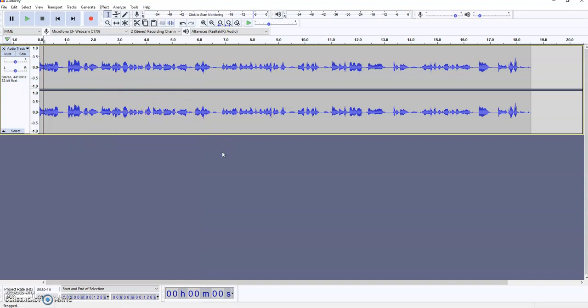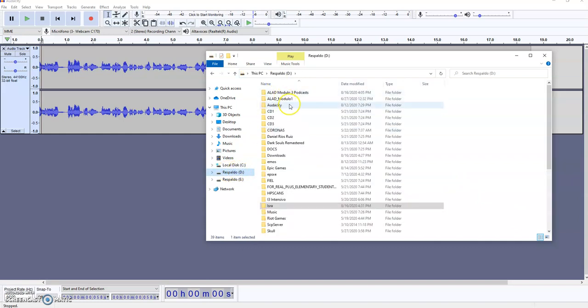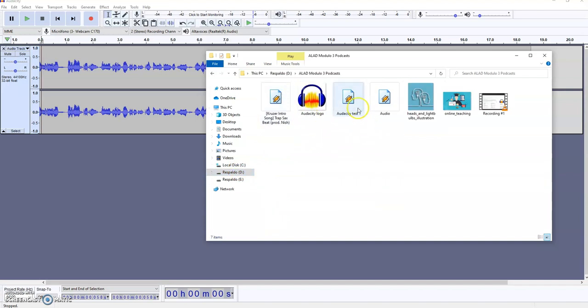Another recommendation when you create your own podcast is to use some music. It is good to use some music as an intro and as an outro in order to make the podcast more attractive. How can you do this? Very simple. In this case, we are going to need MP3. Okay, so I have here on my computer some MP3 files, some music, and the only thing that you